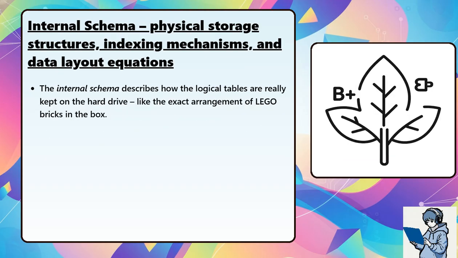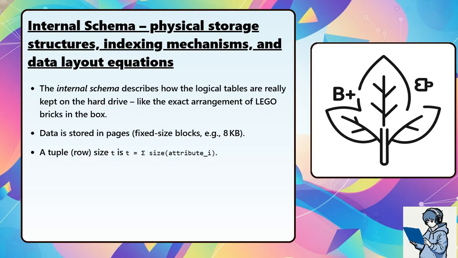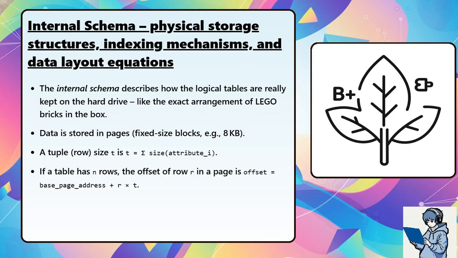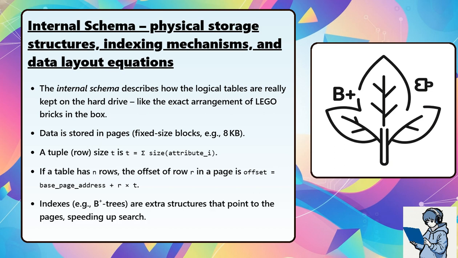The internal schema describes how the logical tables are really kept on the hard drive, like the exact arrangement of Lego bricks in the box. Data is stored in pages, which are fixed size blocks, for example 8 kilobytes. A tuple (a row) size t is t equals the sum of the sizes of attribute i. If a table has n rows, the offset of row r in a page is offset equals base page address plus r times t. Indexes, for example B+ trees, are extra structures that point to the pages, speeding up